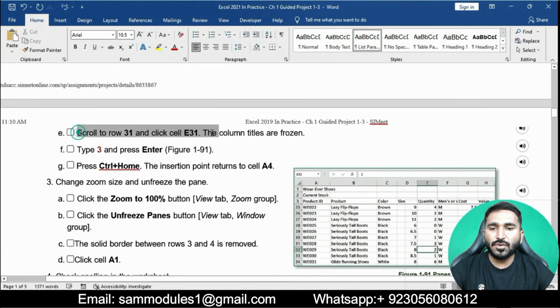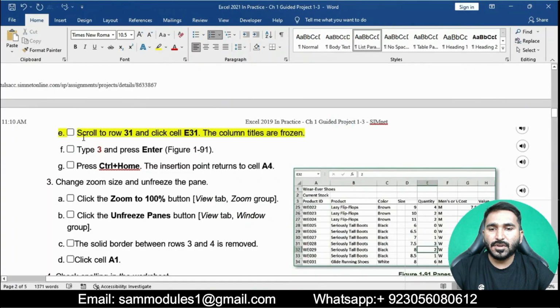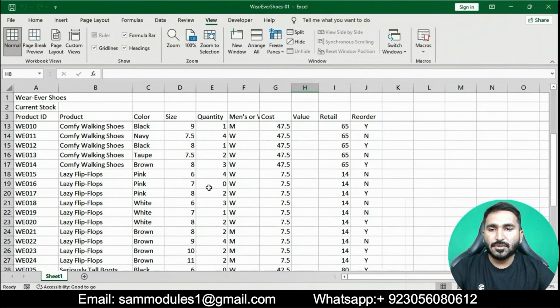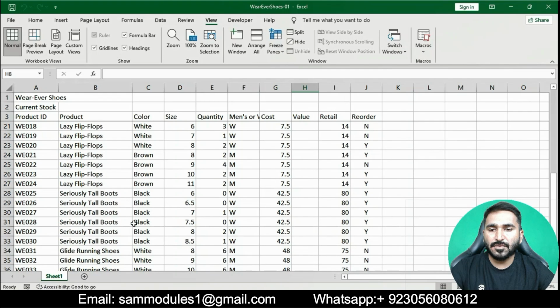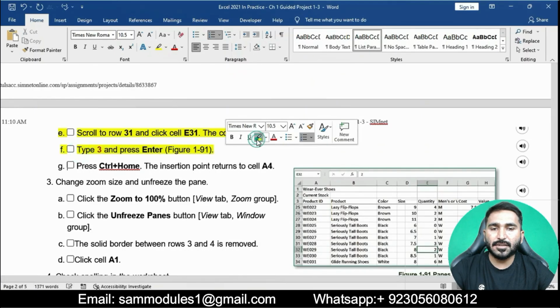Next, scroll to row 31 and click cell E31. The column titles are frozen. Type 3 and press Enter.